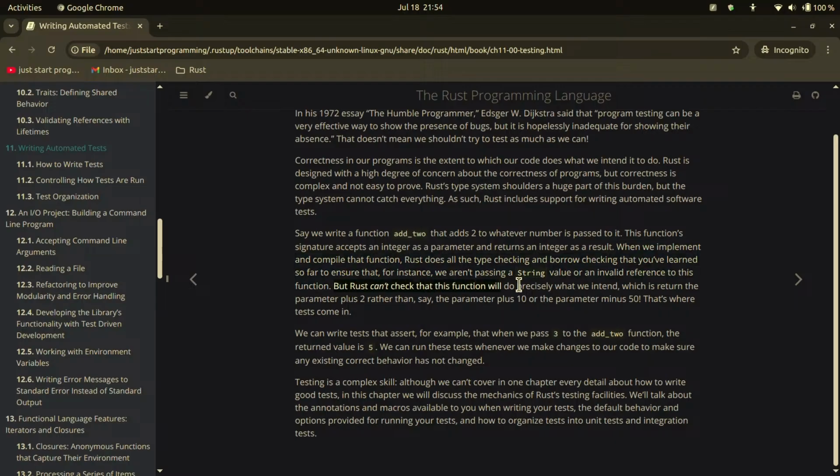But Rust can't check that this function will do precisely what we intend, which is return the parameter plus 2 rather than, say, the parameter plus 10 or the parameter minus 50. That's where tests come in. We can write tests that assert, for example, that when we pass 3 to the add2 function, the return value is 5. We can run this test whenever we make changes to our code to make sure any existing correct